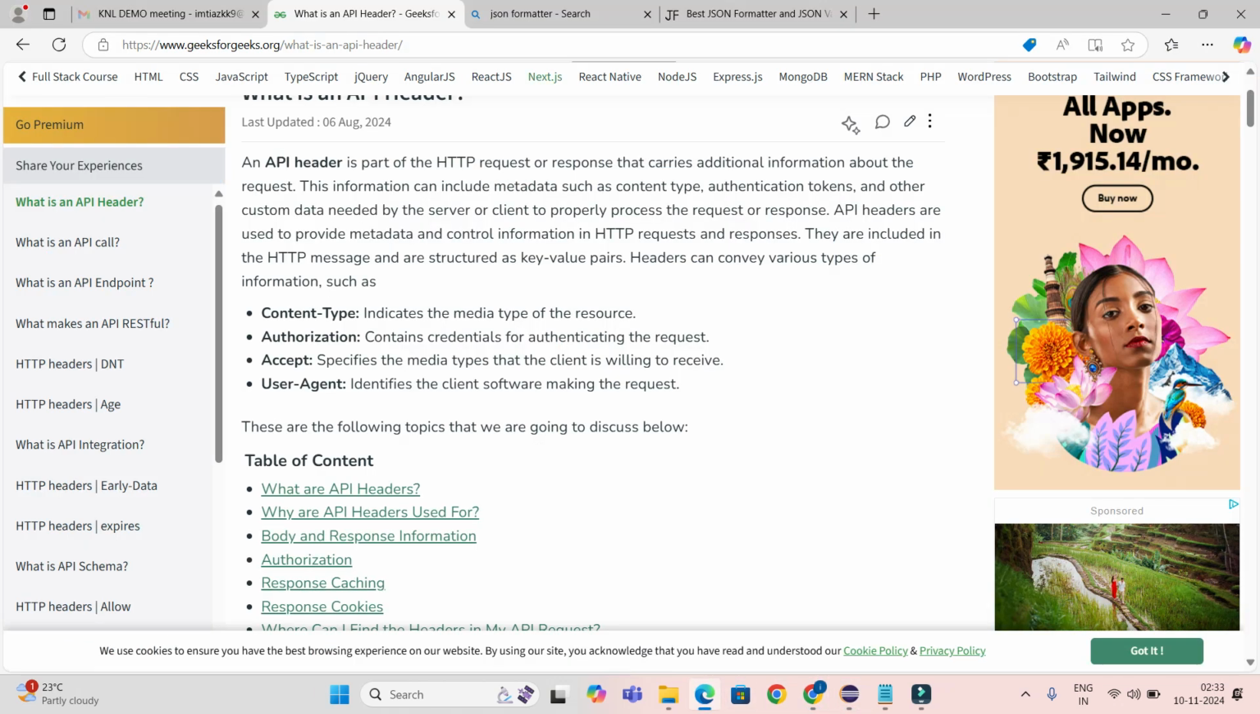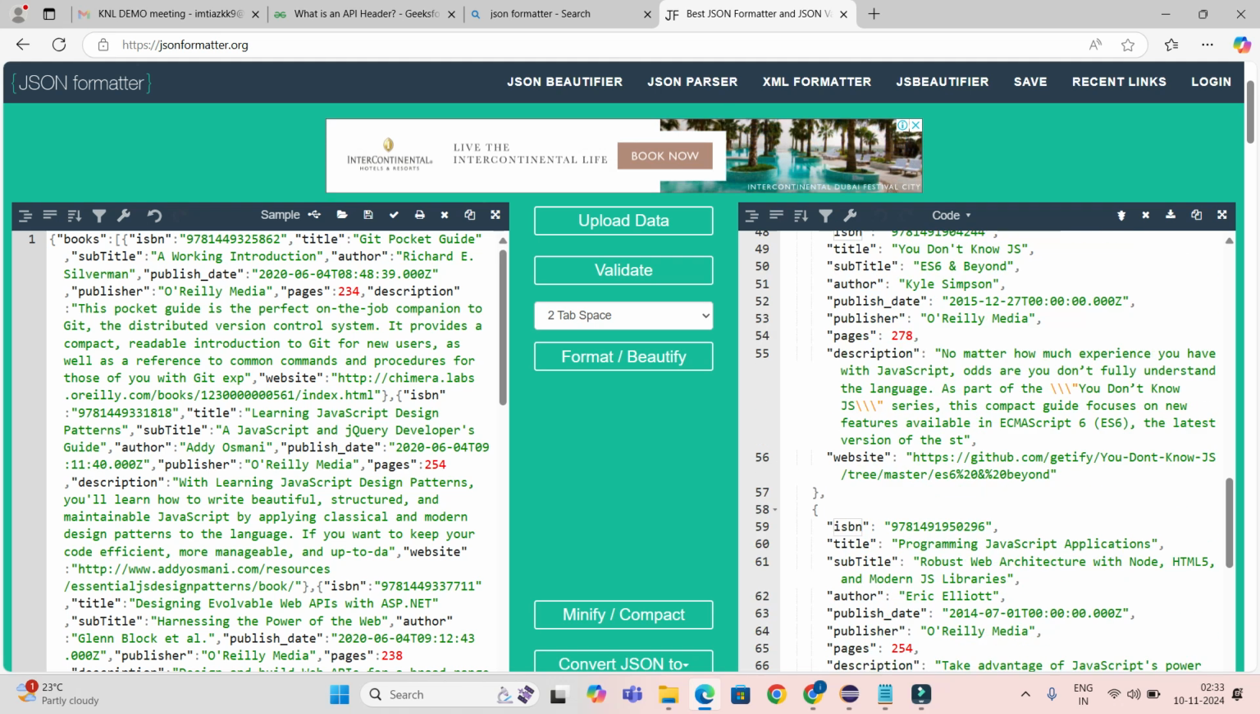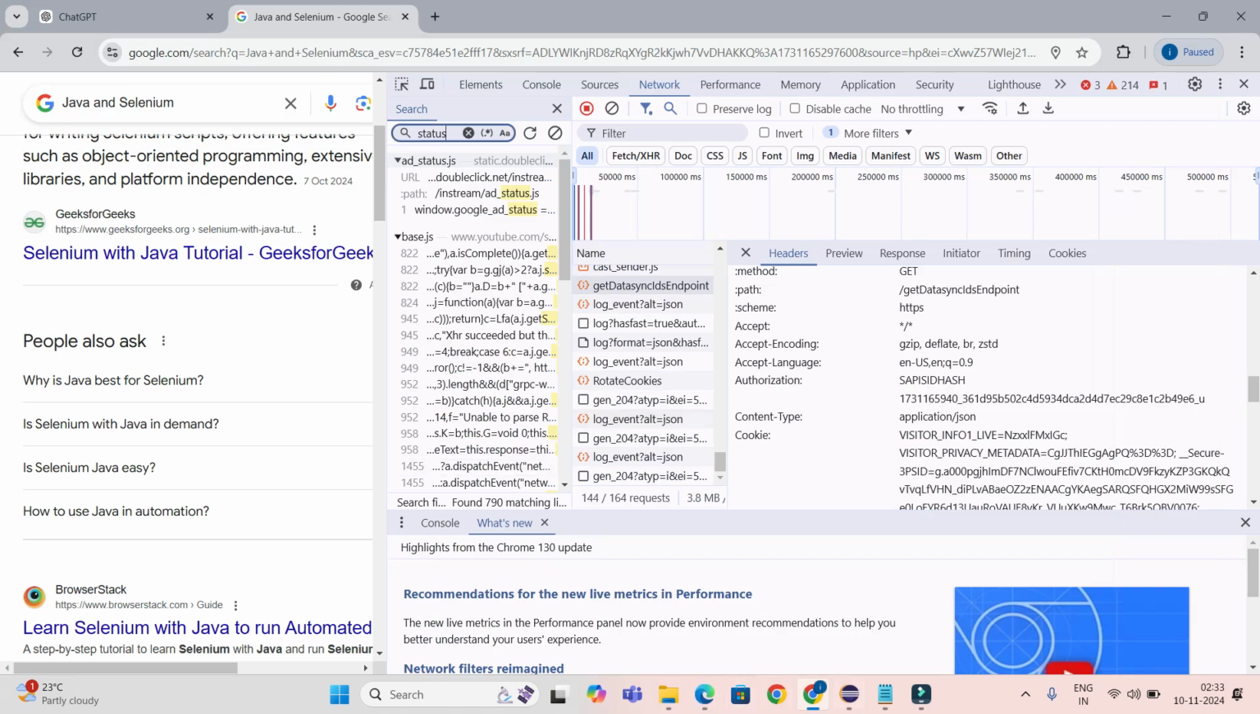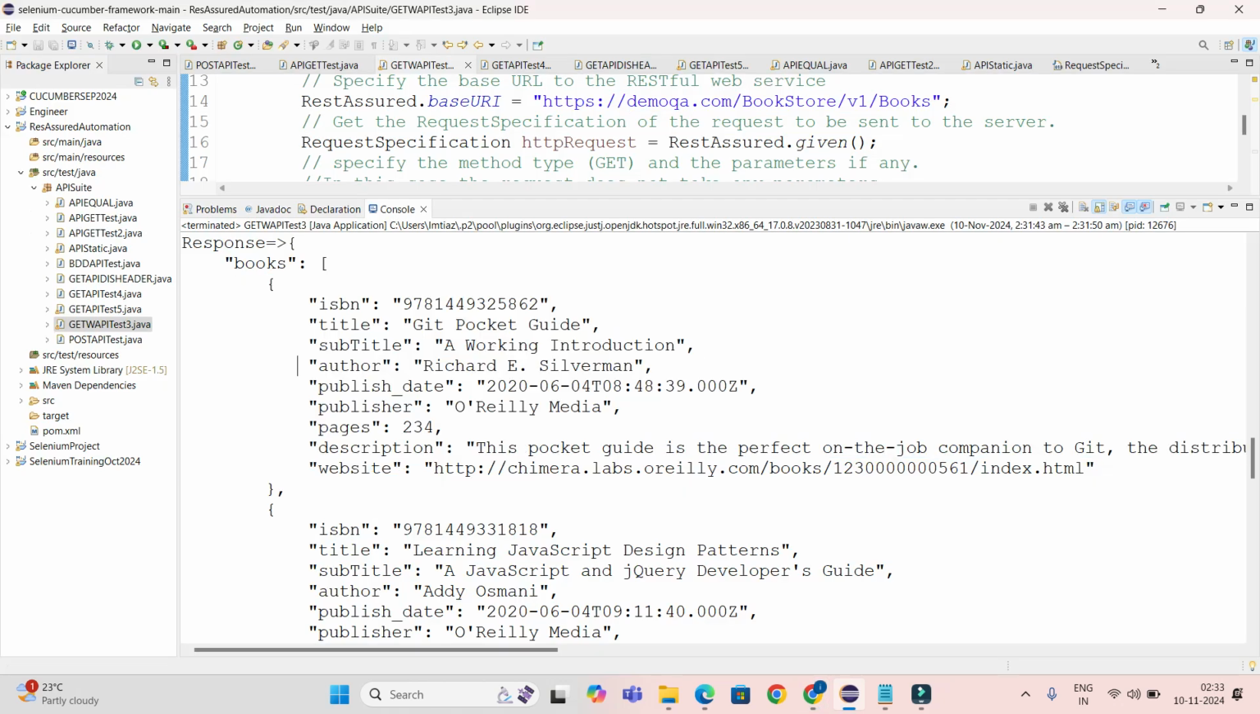Here, this one, the same data. See here: books, ISBN, title, subtitle, all this. Similarly here also, ISBN, title, subtitle, everything. So here also what I'm doing,